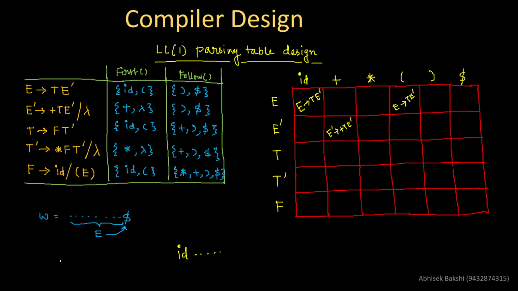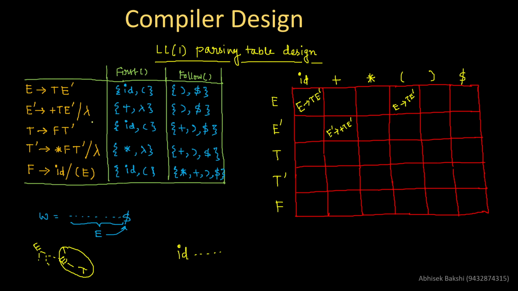During a process of derivation, if we start from a symbol, say for example, we start from E, and ultimately when E dash is encountered, and if I don't want to explore E dash any more, then we can write E dash to dollar. What does it mean? Whatever this path will be totally vanished in the original string, because lambda doesn't have any physical existence. That means in case of any production rule where you have